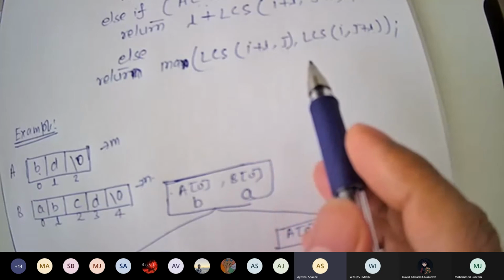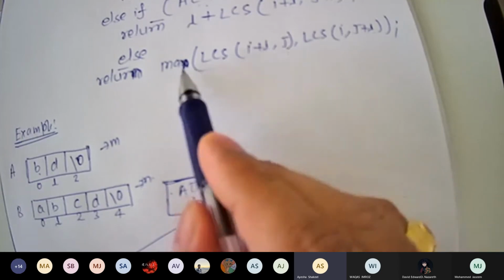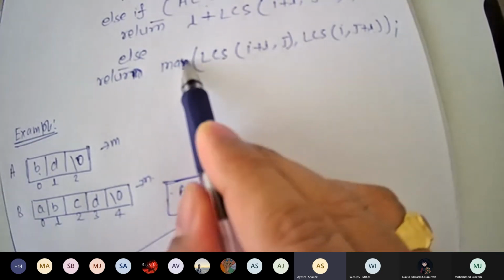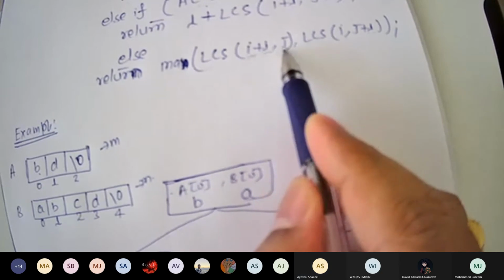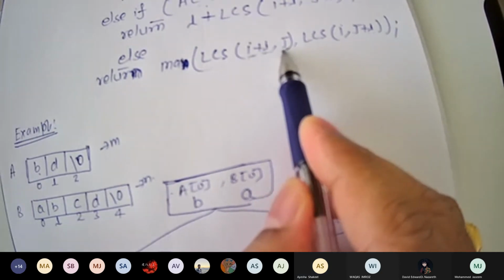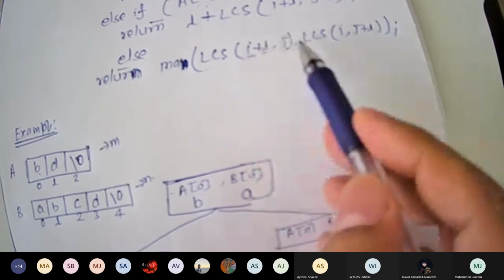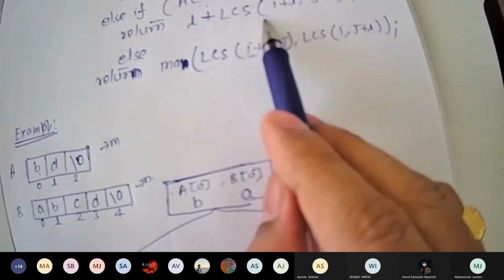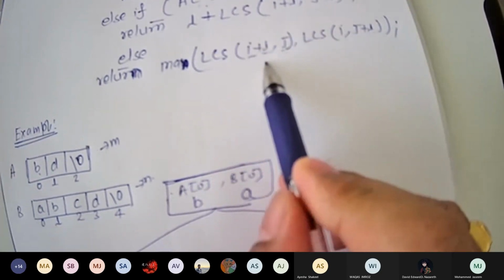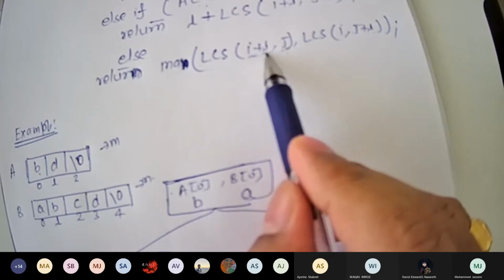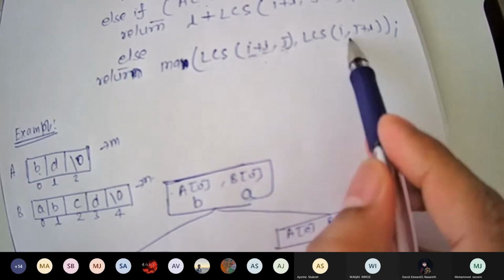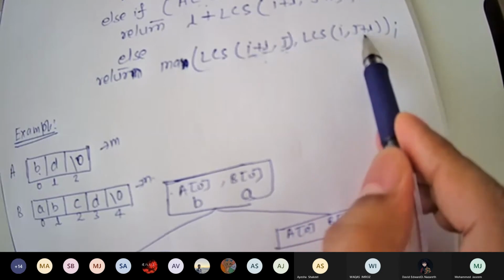What is happening? Here we will not write max, just write MAN. So I plus 1, J. I plus 1, J means whatever the value of I, two parts will be there. Till here it is only one part, but the moment you come to the third condition, there are two parts. In one part the value of I will be increased and J will be the same, and in the second part the value of I will be the same and J will be increased. Isn't it?